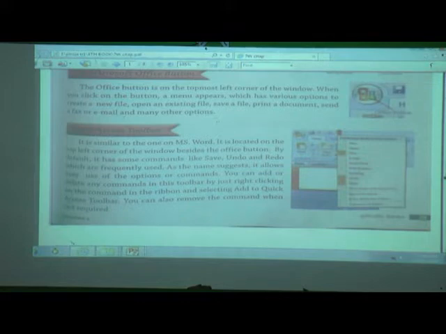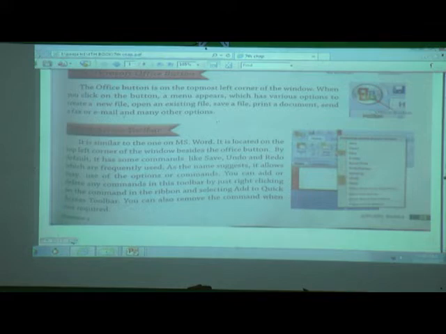It is located on the top left corner of the window beside the Office button. By default, it has some commands like save, undo and redo, which are frequently used. As the name suggests, it allows easy use of commands.